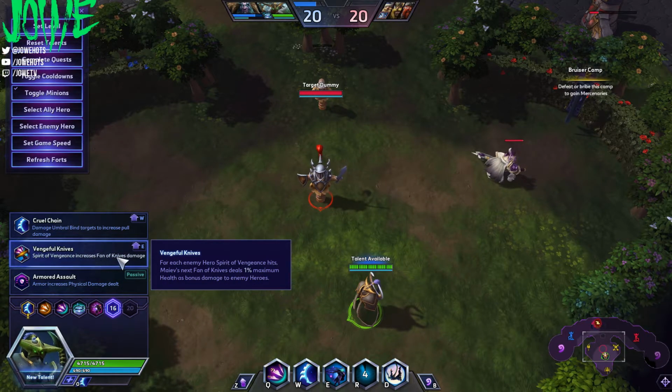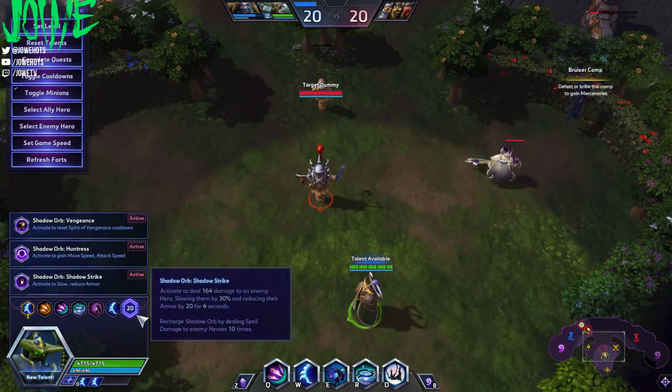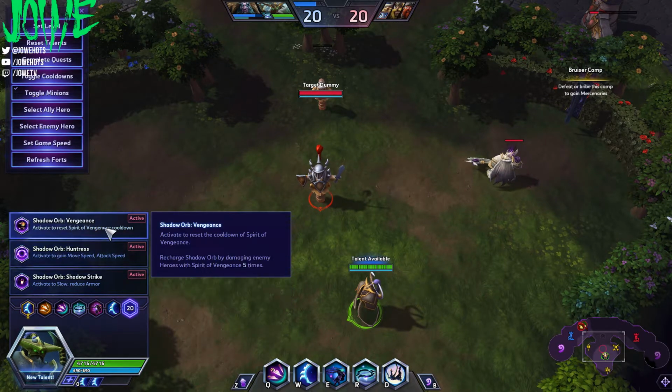But yeah, I think this is weak. I think this is weak. It's either W or the passive. But the build is W, so I go with W, and both Huntress and Shadow Strike. But I think maybe when